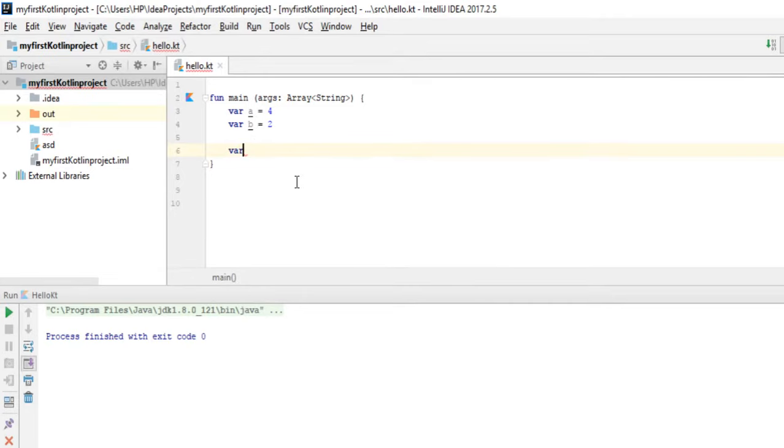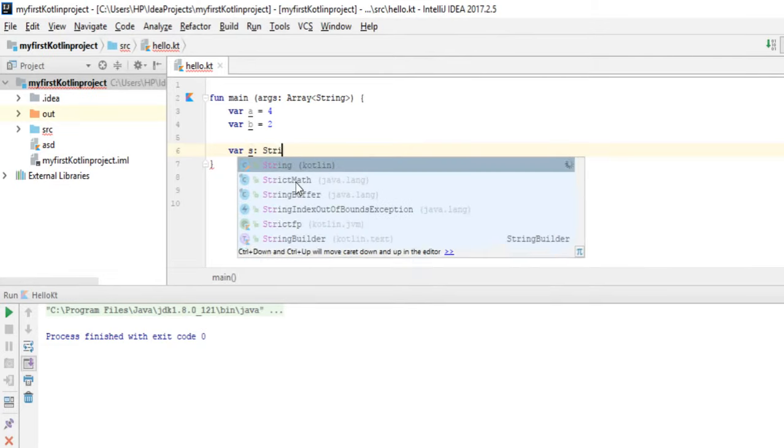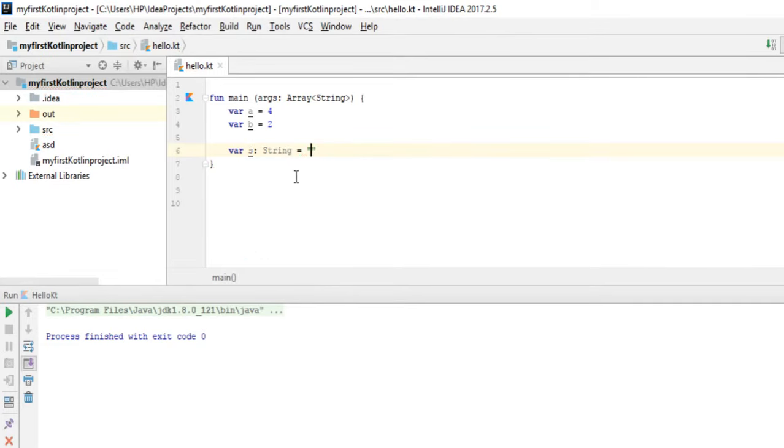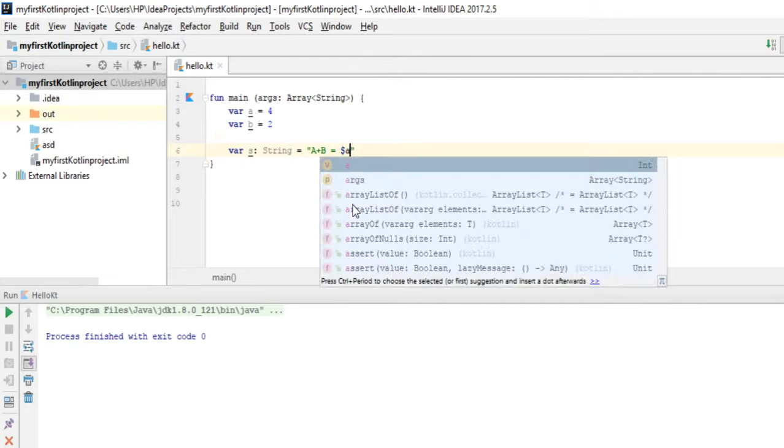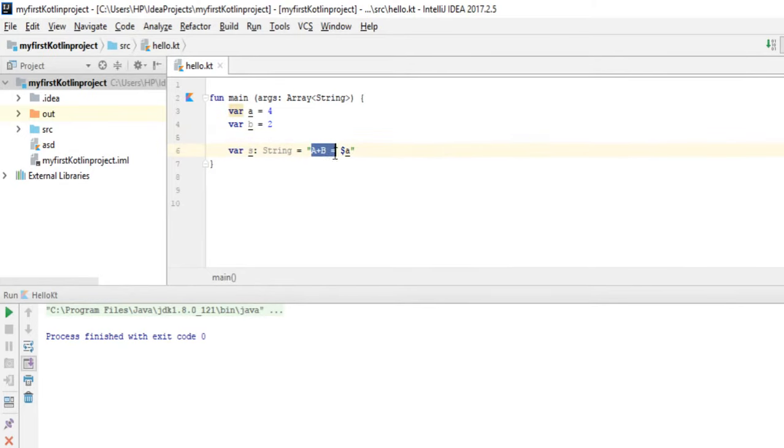So how would you do that? Creating a string variable s equals, we will have a regular variable enclosed within double quotation marks, and inside this I can have any sequence of characters. For example, a plus b equals and then the dollar symbol. So here you can see that the string template is started with a dollar symbol, and now if I write a, then we will have this sequence of characters and then we will have the value of a. So this string s actually equals a plus b equals 4. So if I print s,